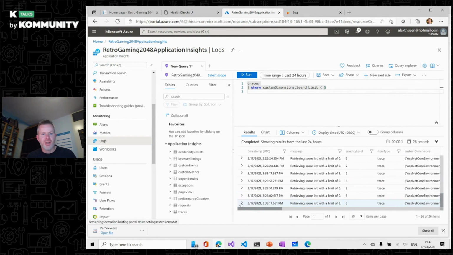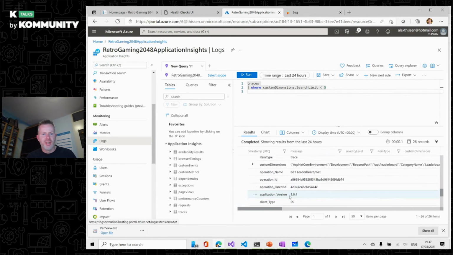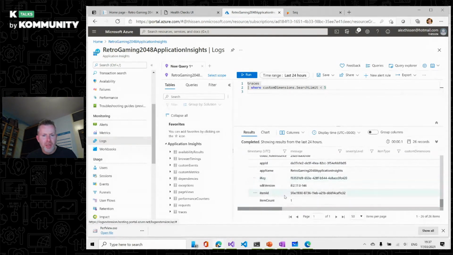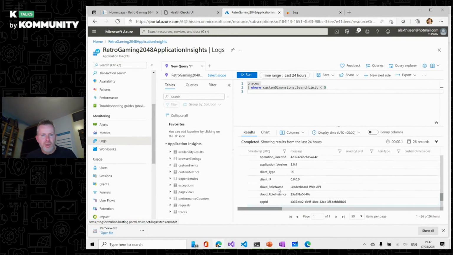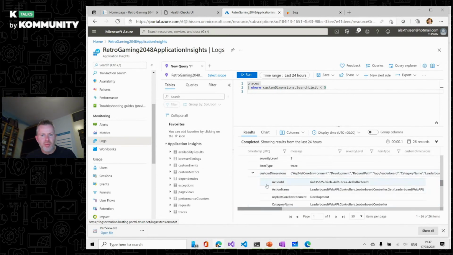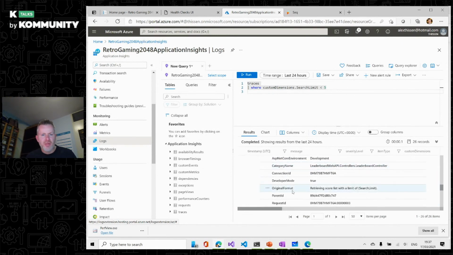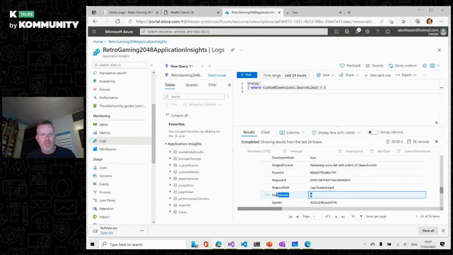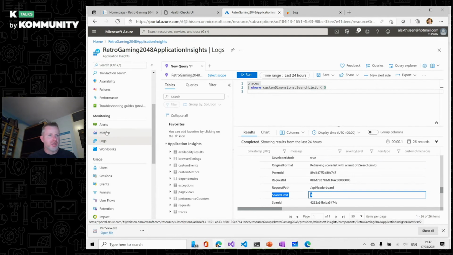And you can investigate them. And here you also have the same thing where, it should be something here, custom dimensions. Then you have your search limits right here, much like SAQ. This allows you to query all the logs with this information, the semantic logging,